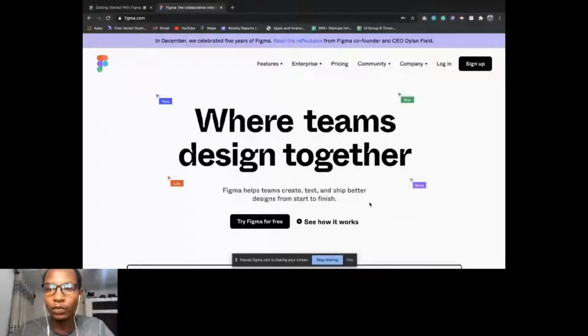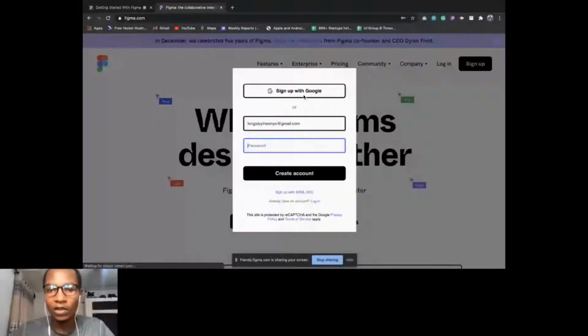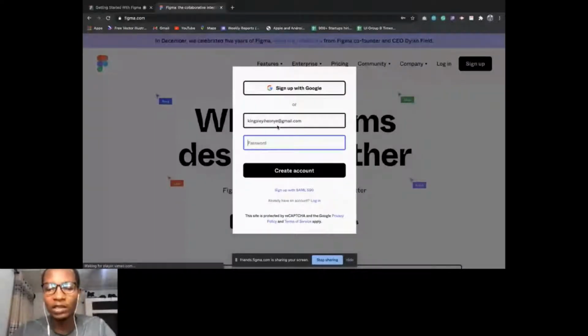Then if you have an account with Figma before, you just log in or you sign up. So clicking on sign up, you can just sign up with your email and